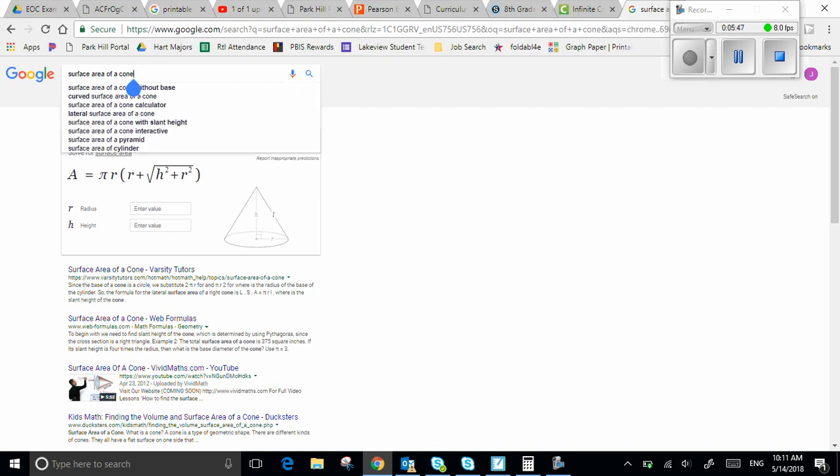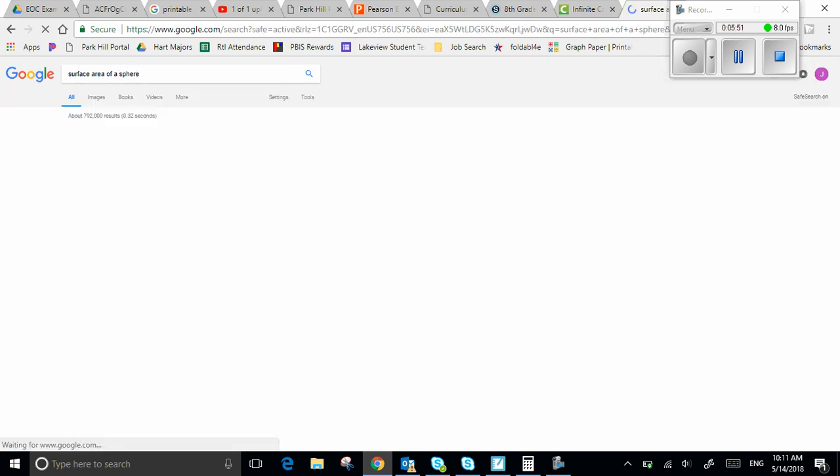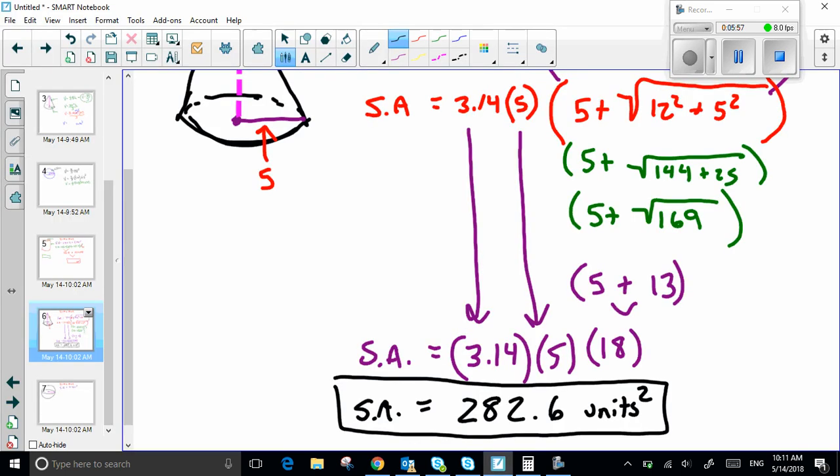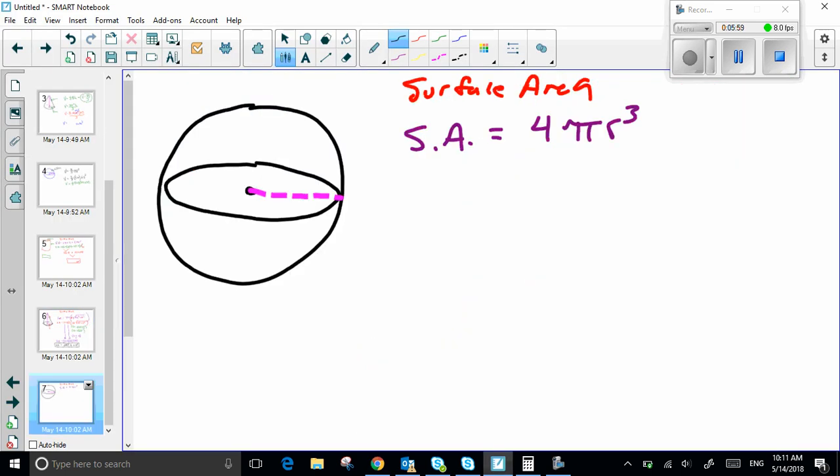We're going to make sure that we get the surface area of a sphere. And, oh yep, that one's an easy one. 4 pi r squared. So I go here, and I've actually put it on here. Oops, I think I accidentally wrote cubed. So here it is, 4 pi r squared. This one is super easy, guys. I've got my sphere here. I'm going to say that my radius is